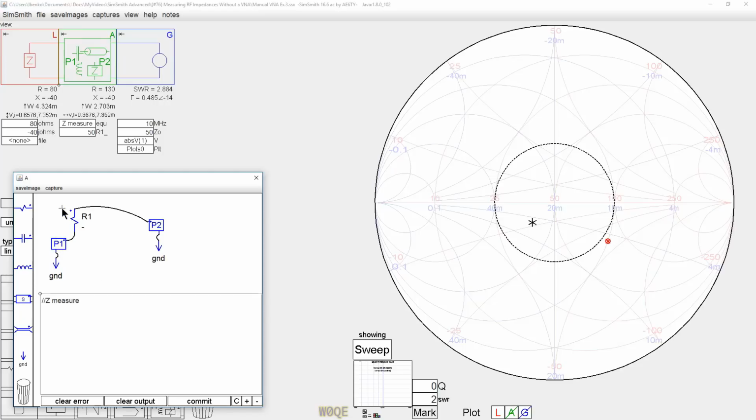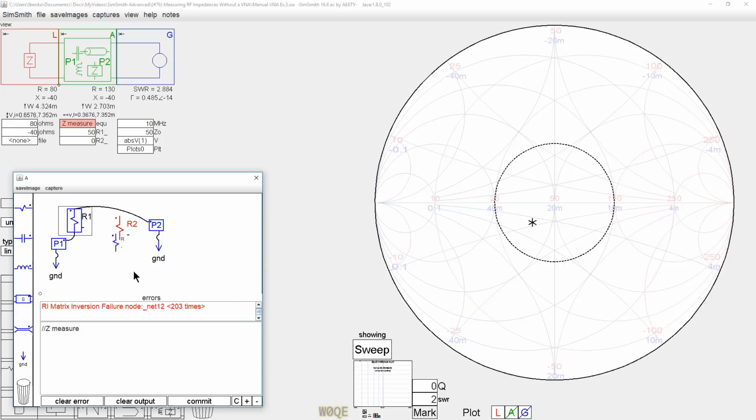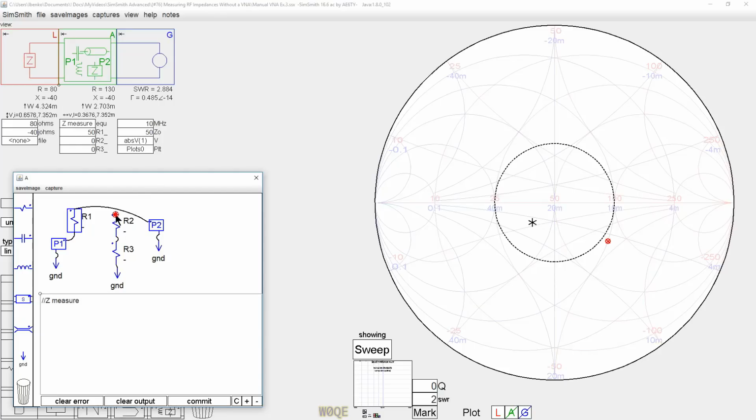Let's also now copy this resistor. Grab it, Control C, Control V. Bring another resistor in here and a third one. Let's put these resistors in series, and connect them to ground. And connect everything together like this. Now let's have two labels,